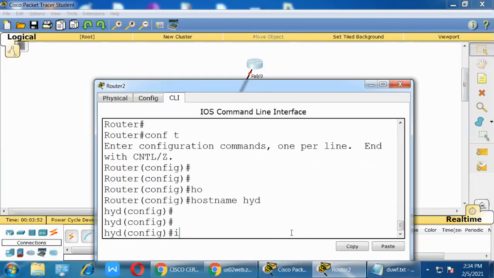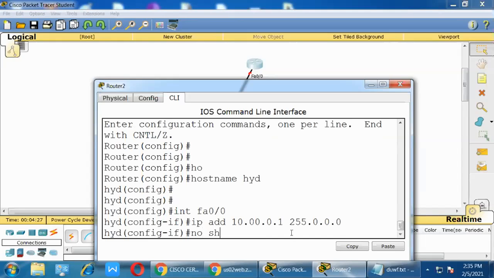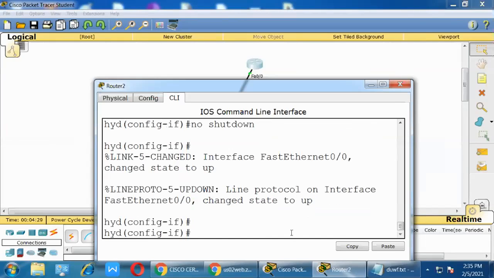In the Hyderabad router, now I want to enter the interface 0/0. Now I'm entering interface mode. Which interface? FastEthernet 0/0, because I connect to the LAN, so that is the reason I'm entering this interface. And already you know what Fast is, what the speed is, what technology we connect, what cable we can use, what the port is, how many pins, everything, right? Now configuration: ip address 10.0.0.1 255.0.0.0, and one command, no shutdown, you have to use to bring up the link, right?